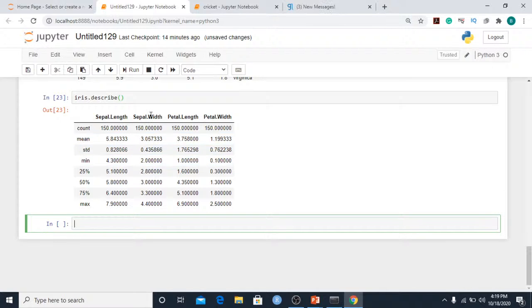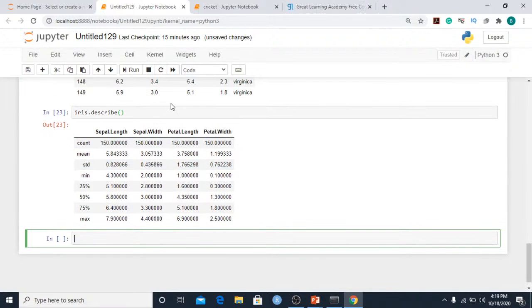Similarly, the minimum sepal width is 2. The maximum petal length is 6.9. The standard deviation for the petal width column is 0.76. So there are some interesting pointers which you can directly find out by using the describe